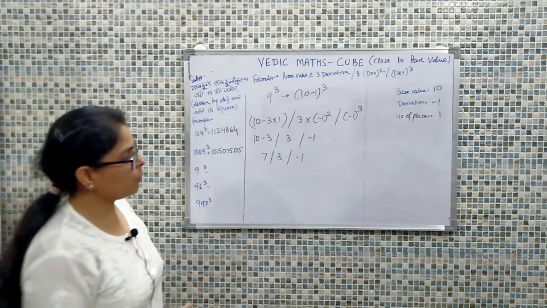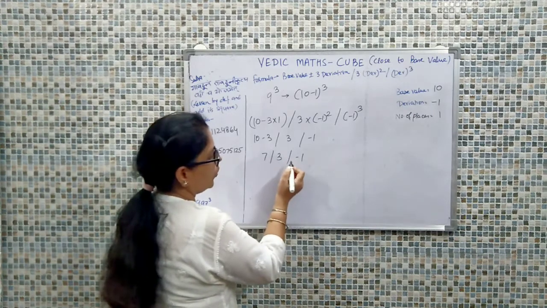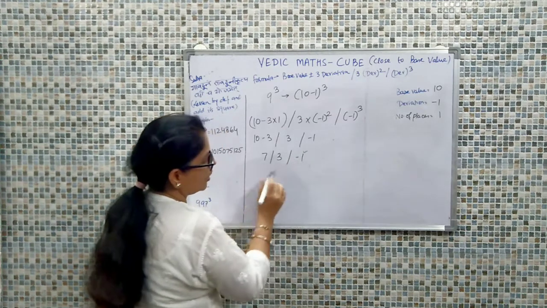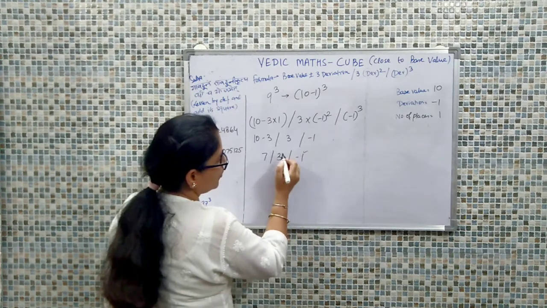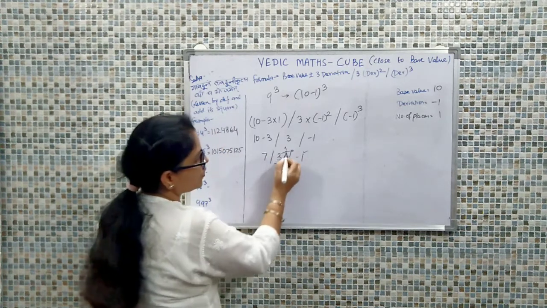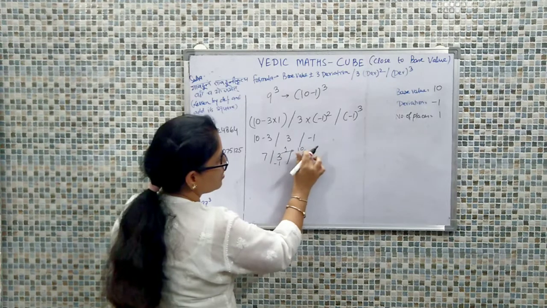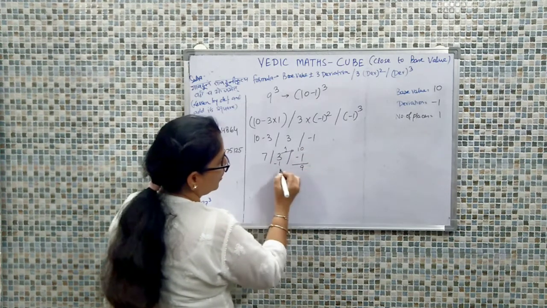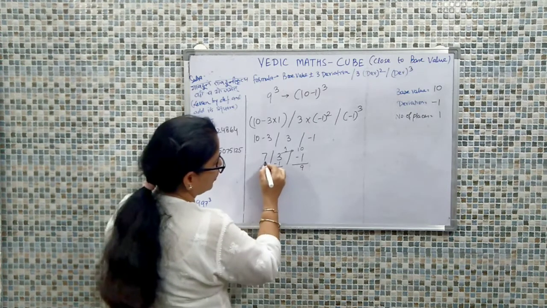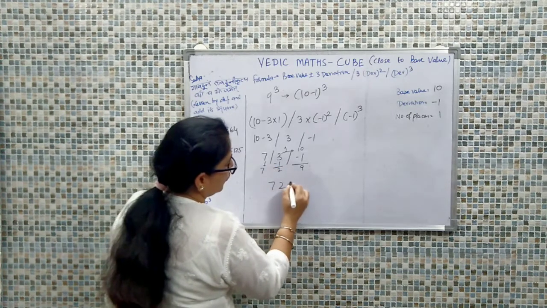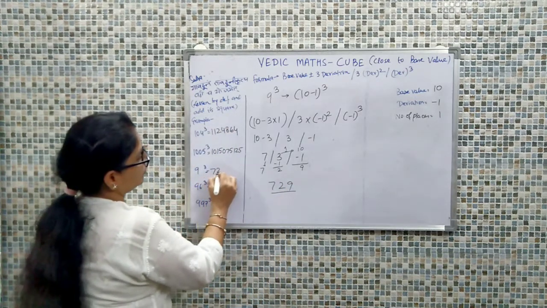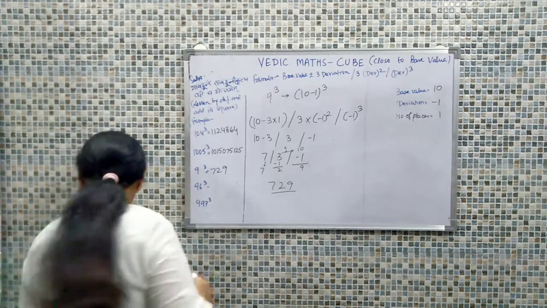And for converting into a positive sign, we have to borrow from the very left value. So we have this value as negative. To convert it into positive, we are borrowing 1 from here. The moment we borrow 1 from here, it will be minus 1 and this 1 will be defined as 10. So 10 minus 1 will be 9, 3 minus 1 will be 2, and this remains as it is, copied as it is. So we have the answer as 729. Right?